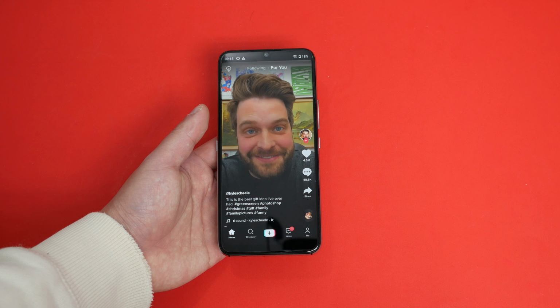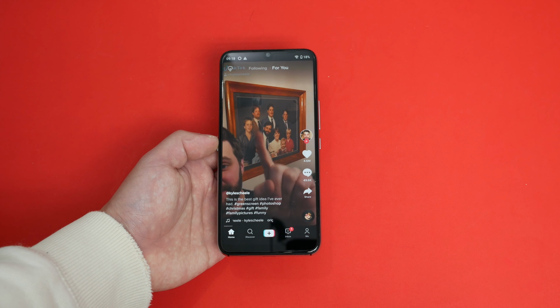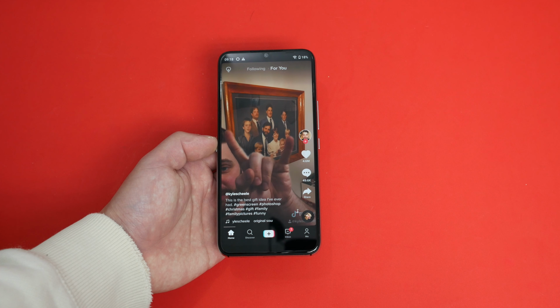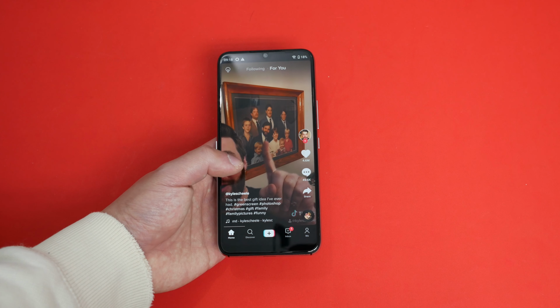This is the best gift idea I've ever had. So there's this picture that's hung in my parents' house for the last 30 years. It's my dad, my mom, me, my brother, my cousins, and my uncles. And my dad hates this picture so much because for no discernible reason, the photographer made only my dad tilt